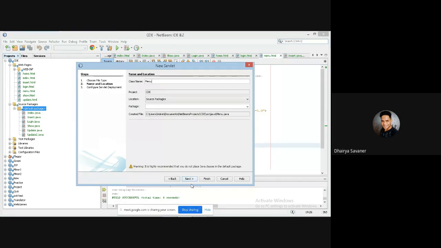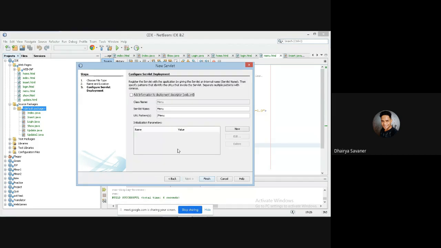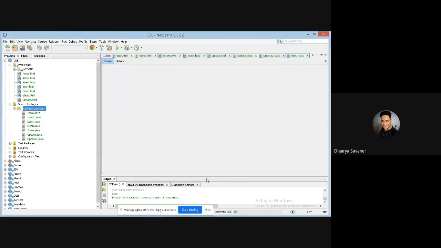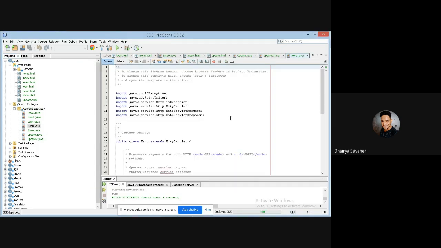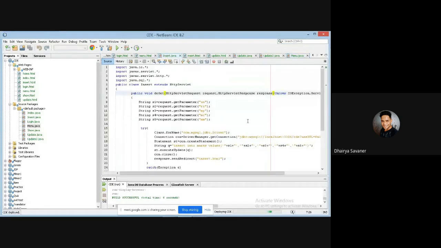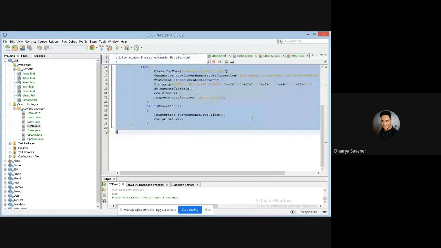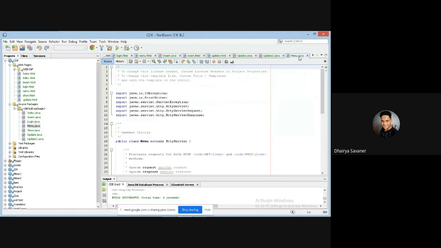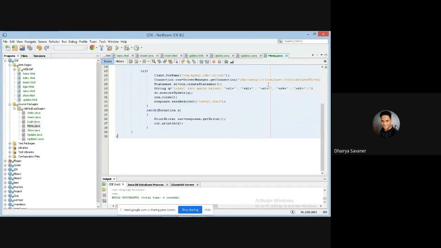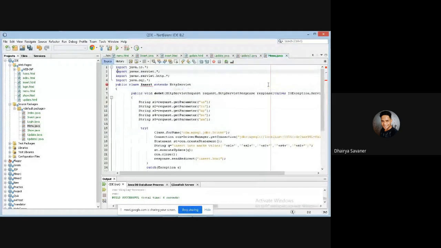Menu page, right? And we will click on the next. Yes, we want the information to be added to the web.xml. Now let's just copy all this from here to the menu.java page, so that we won't be needing any extra. Now we'll name it as menu,